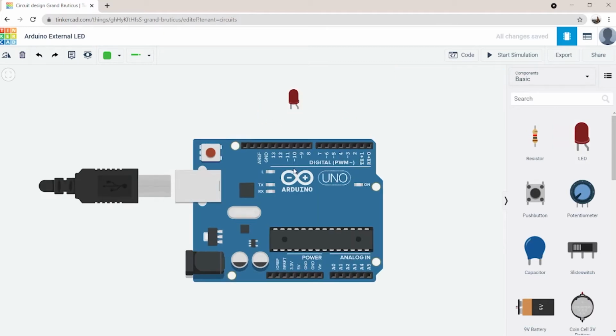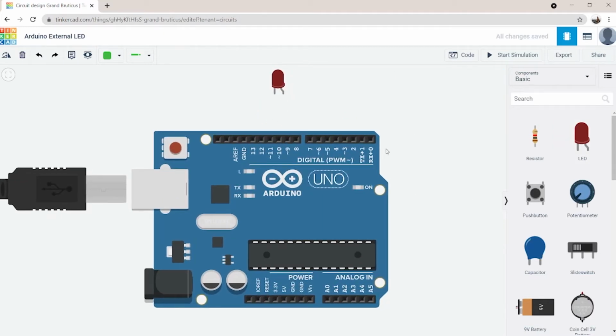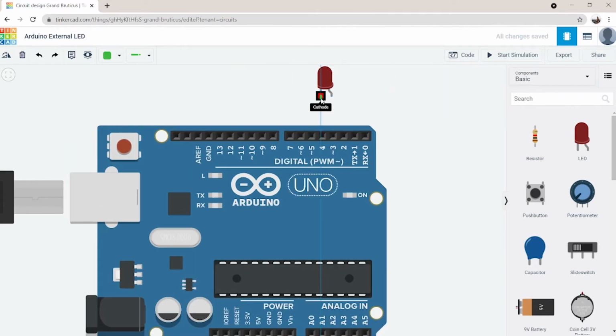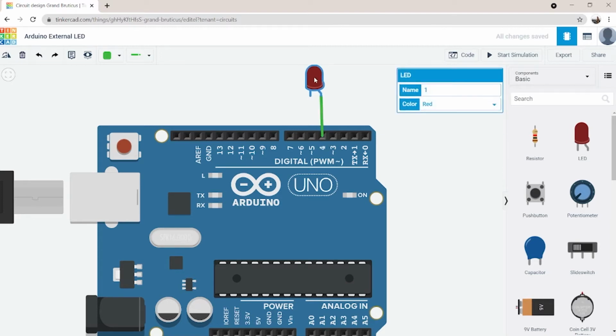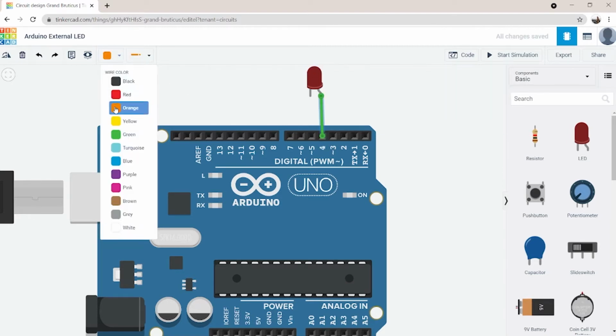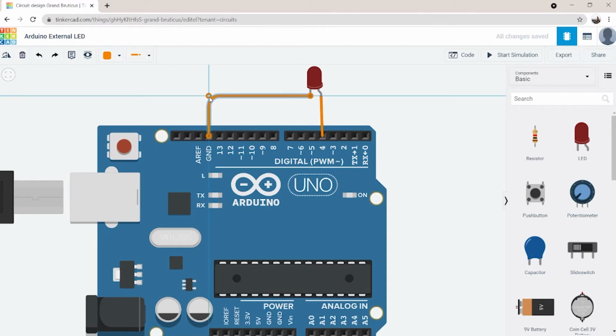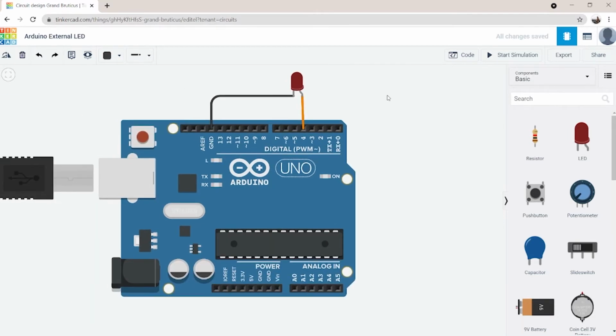You can connect your LED to any of the I/O pins, which are pin number 0 to 13, as well as pin number A0 to A5 analog pins. I will connect my LED to say pin 4. So the anode, which is positive end of an LED, connects to pin number 4 of the Arduino and the cathode connects to ground. Now let's see the coding part.